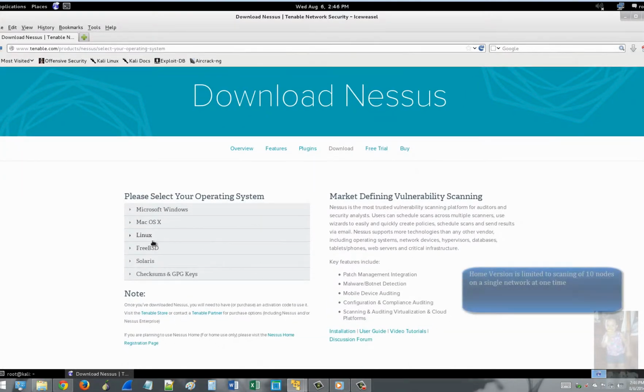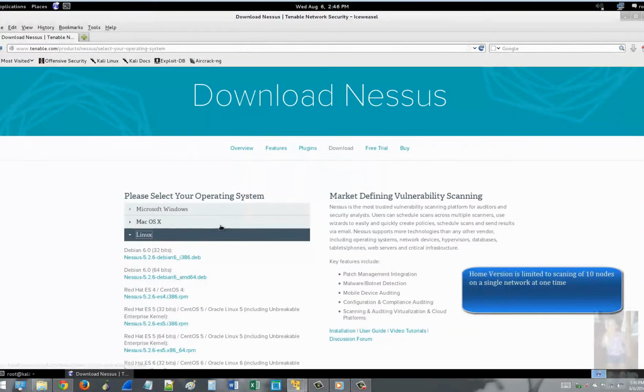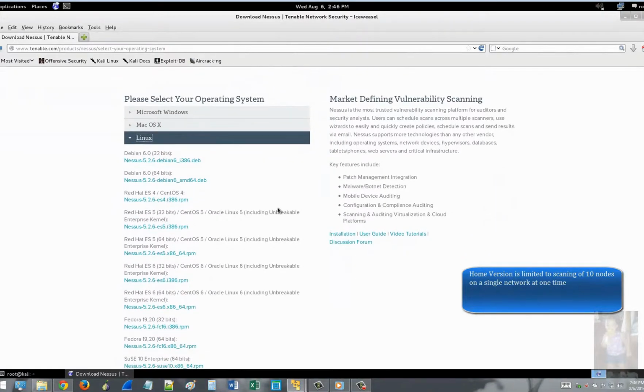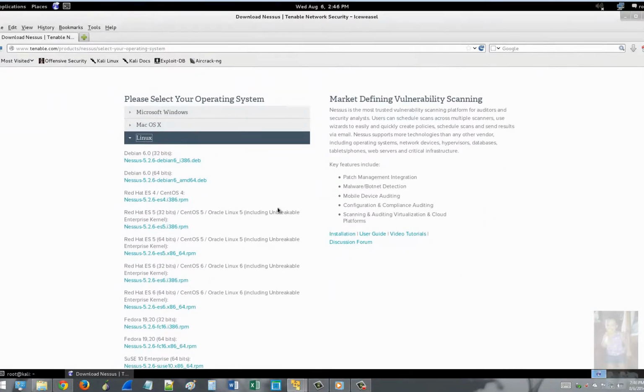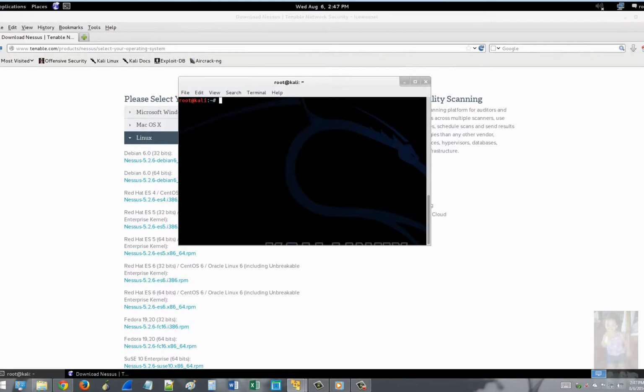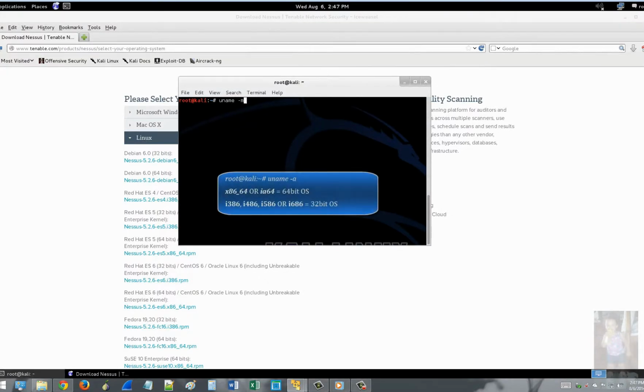It wants to know what our operating system is. I know we have a Linux operating system. Now you might look at this and go, what do I do here? We're running the Debian version, and we need to figure out if you have a 64-bit OS or 32-bit OS. To discover that, we're going to take our terminal prompt here. We're going to type uname -m,